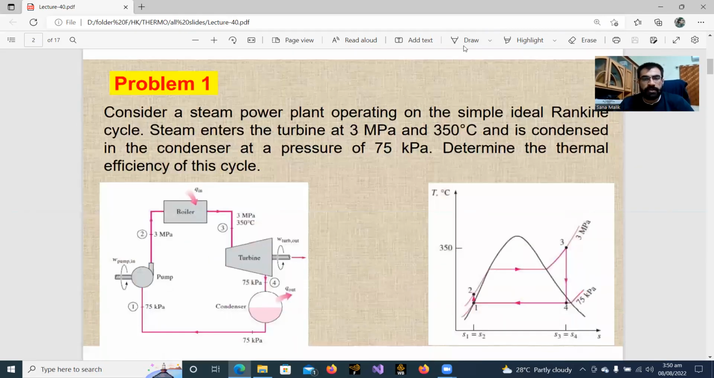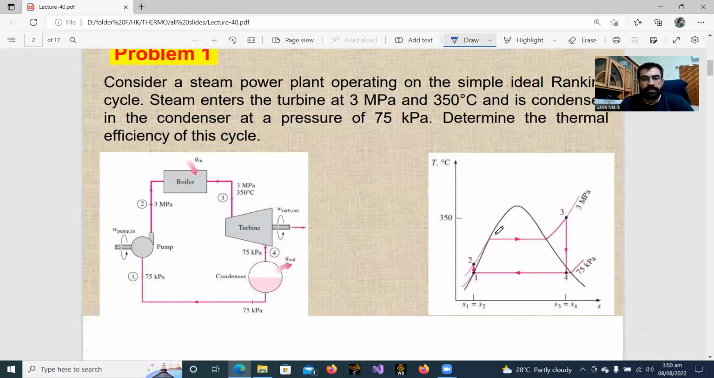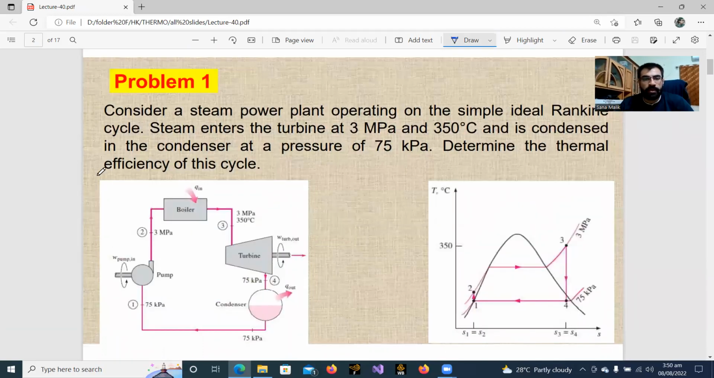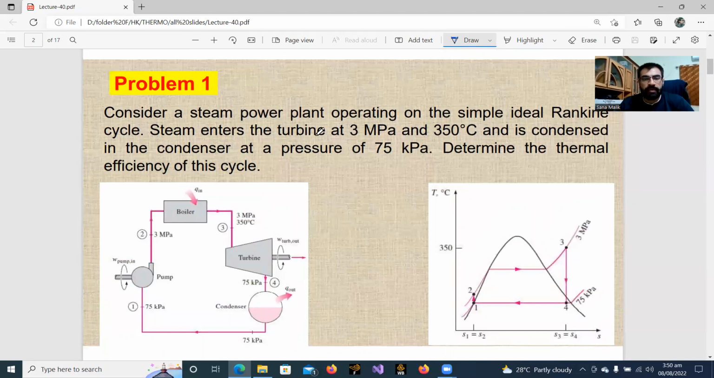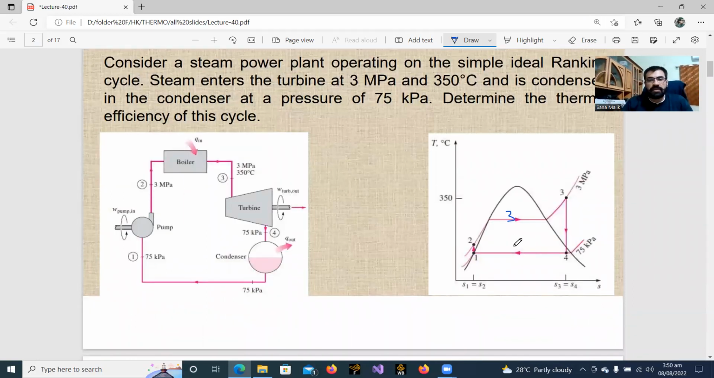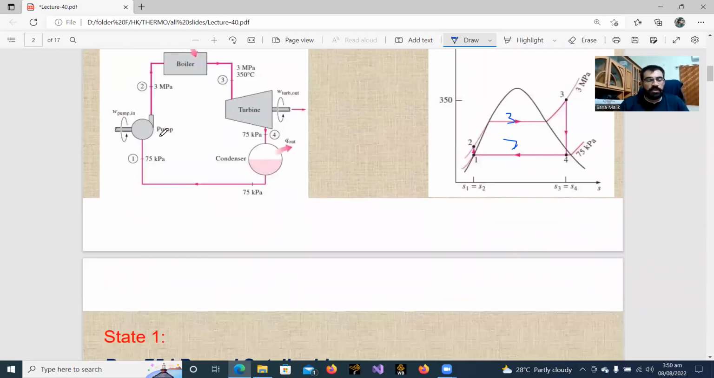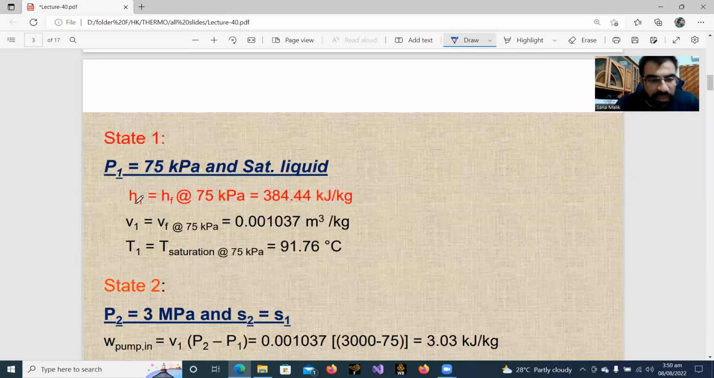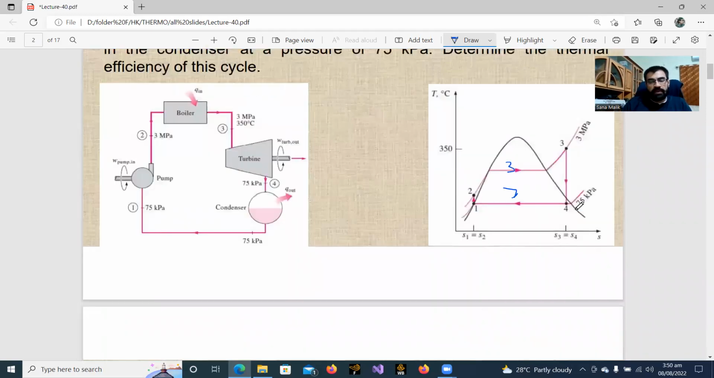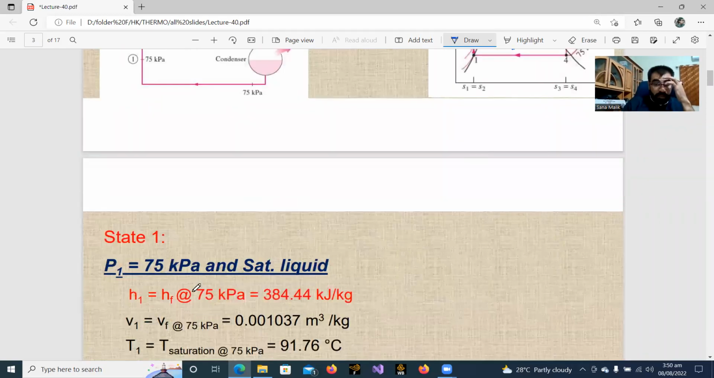Steam power plant. Consider a steam power plant operating on a simple Rankine cycle. Steam enters the turbine at 3 megapascal, 350 degrees centigrade, and is condensed in the condenser; the condenser pressure is given. Determine the thermal efficiency. So we'll find all the enthalpies at all the states. For P1, P1 is 75 kilopascals, and this will be